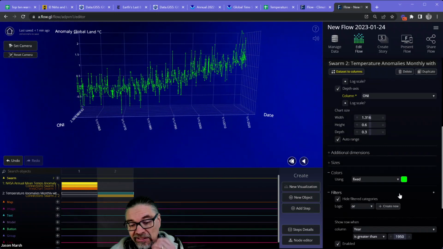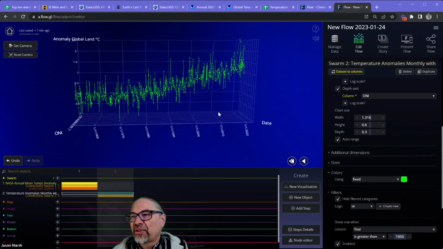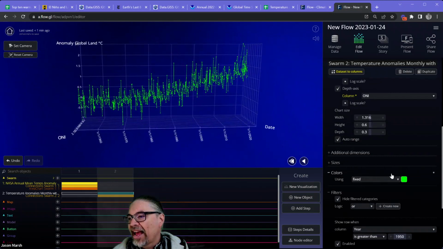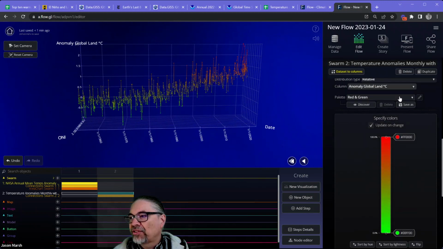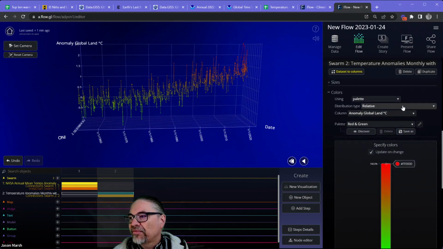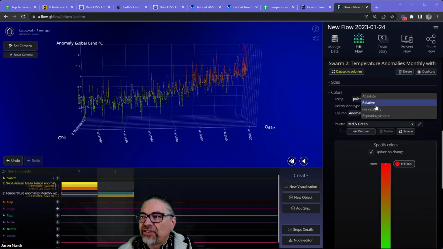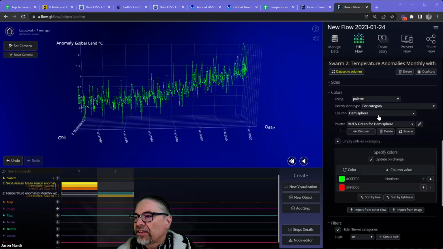Now, color is just a really nice way to bring out more meaning. Instead of having just a fixed color, let's go ahead and use a palette. By default, it uses red and green. We're going to have a little bit more fun with that. Instead of doing a relative distribution, which we already talked about, let's do a categorical distribution.